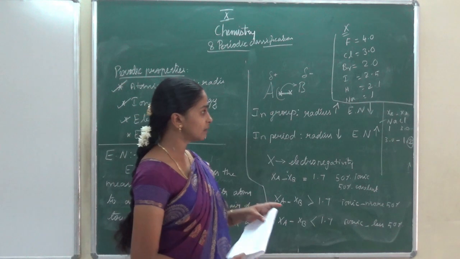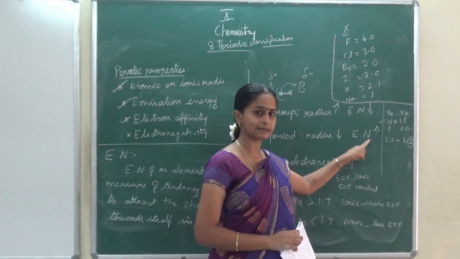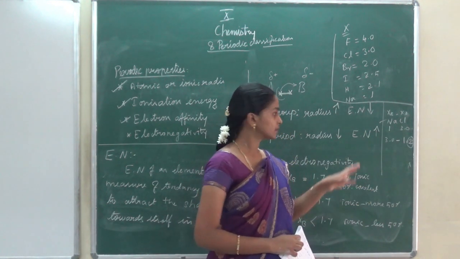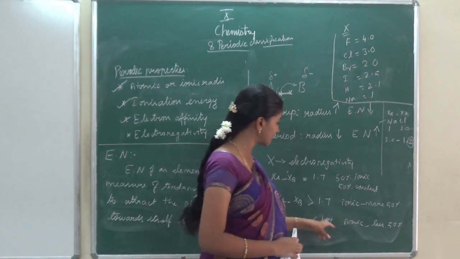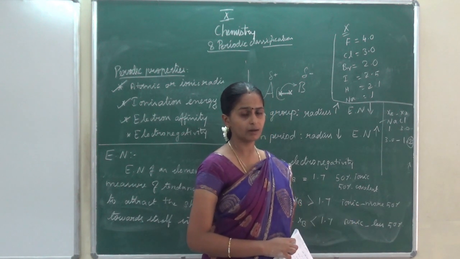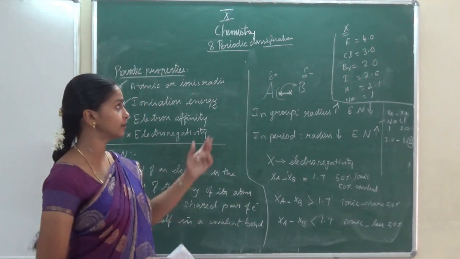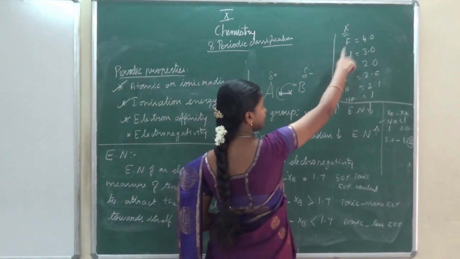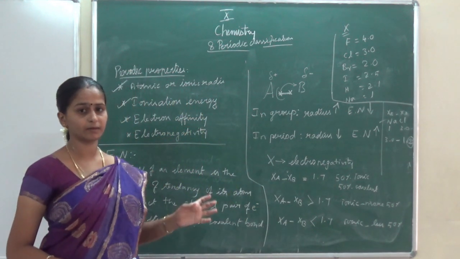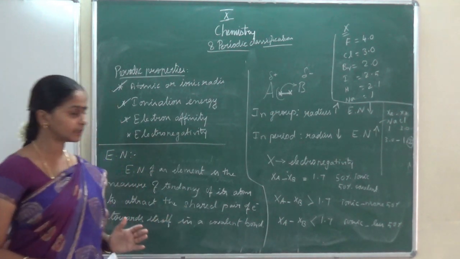Here sodium will lose an electron and chlorine will gain an electron. Sodium will exist in Na plus form and chlorine in Cl minus form. So the maximum character present here is ionic character. The bond formed between them is maximum ionic bond. Can you understand this? Suppose they ask in 2 marks also, they will give you the XA and XB values, then they will ask you to find which type of bond is present in the compound. Just copy it and go through it, reading line by line.